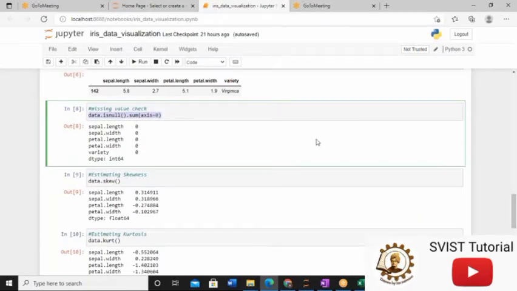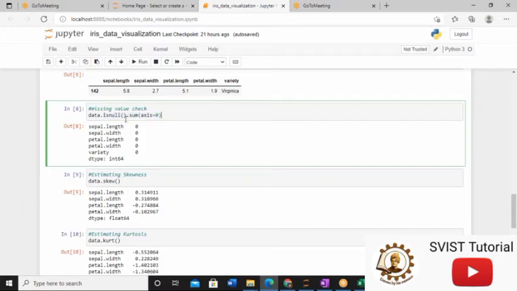So this is the most important thing that you have to remember. Actually, we can solve this problem. At this point of time, we have to do some additional setting, but I'm not going into those details. So this is the concept. But what does it return? Whenever I am dealing with this isNull function, it returns a mask of Boolean values for each element in the data frame that indicates whether an element is an NA value or not. NA means not applicable value.